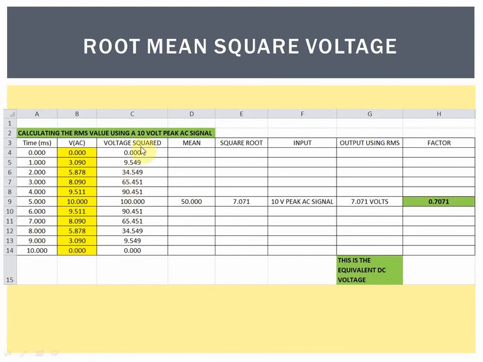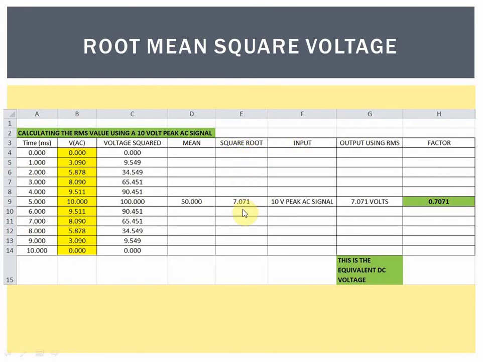Then in the next column, I squared the voltage. I just took this value here and squared it, took this value here and squared it, and completed that for the rest. In the next column, I've found the mean, which is the average. I've added these up and divided by the number of numbers I have here to get the mean. I get a mean of 50.000. Then I find the square root, and when I find the square root, I get